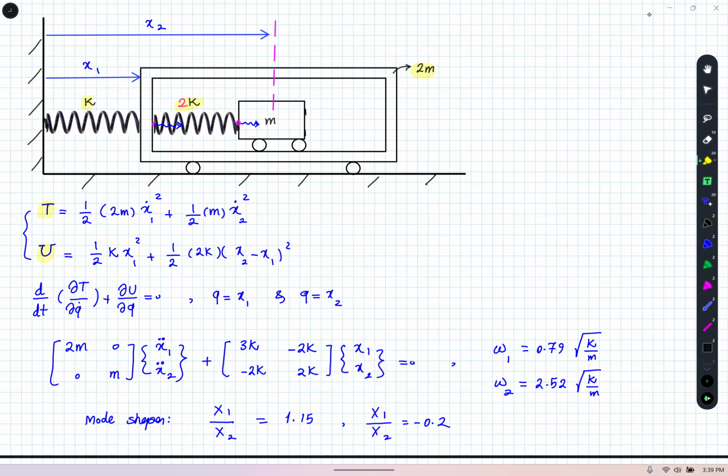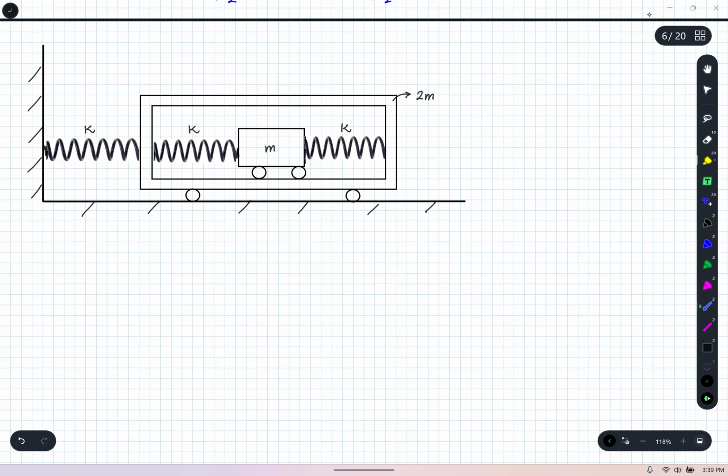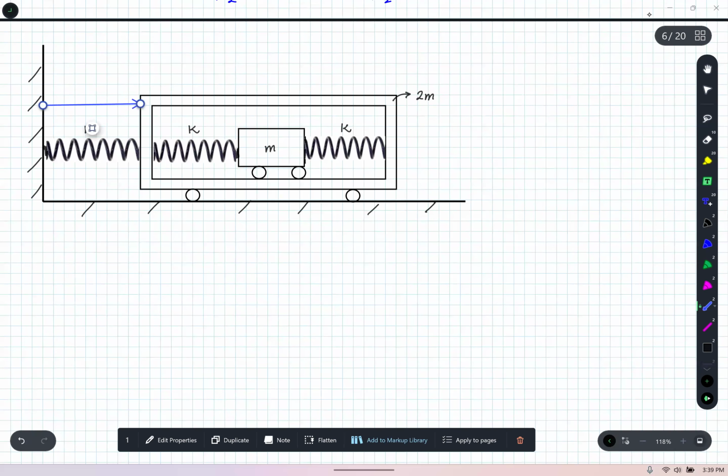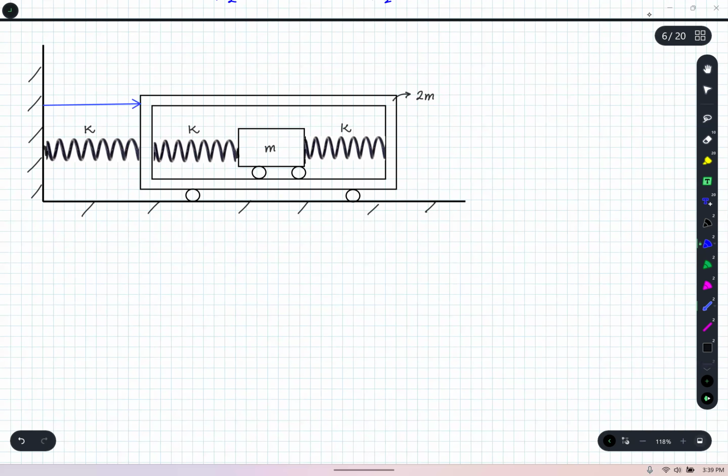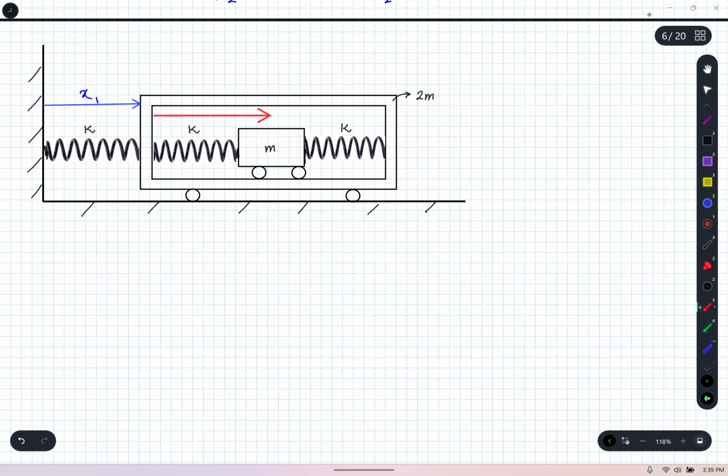I'm going to now repeat the same problem, but this time I'm going to use a different coordinate, and then we can compare, of course. The first coordinate for the cart, obviously, I use a coordinate and I measure it from the wall. But this time, my second coordinate, this is where it gets interesting. It's going to be a local coordinate. So my x2